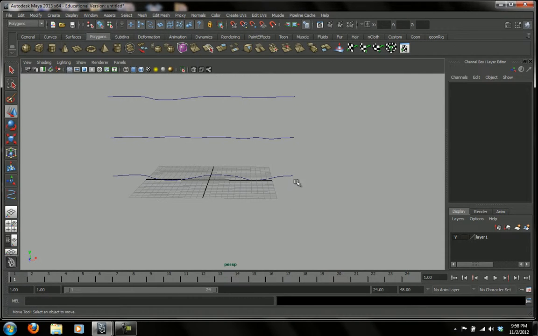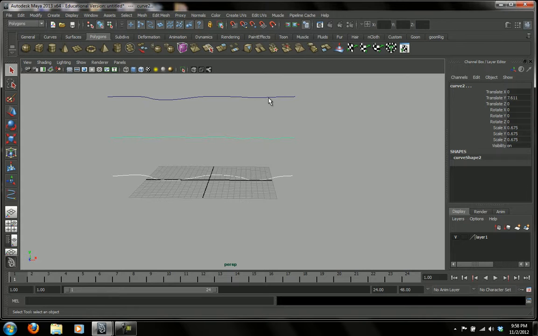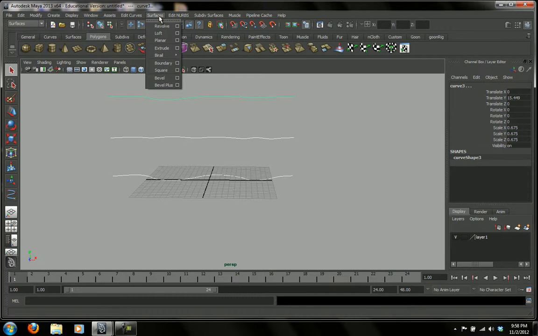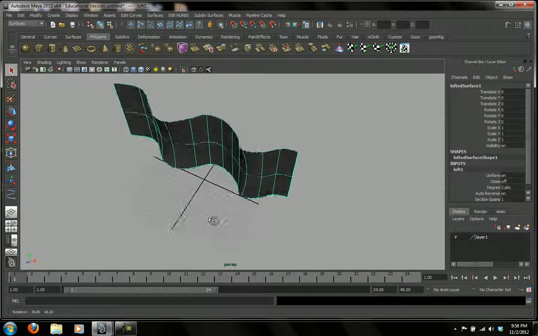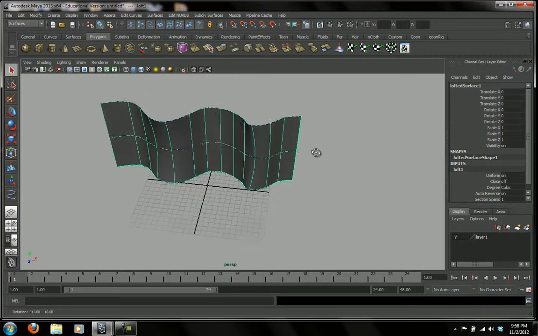Okay, so what I'm going to do is start at the bottom here with the select tool, and I'm going to select the first one, then shift select the second one in order. You have to do this in order, and then shift select the third one. I can have more if you want, but I'm just going to use 3 for now. I'm going to go to the surfaces menu set here, go to edit surfaces in the surfaces menu, and go to loft. And what that does is it lofts a surface between these 3